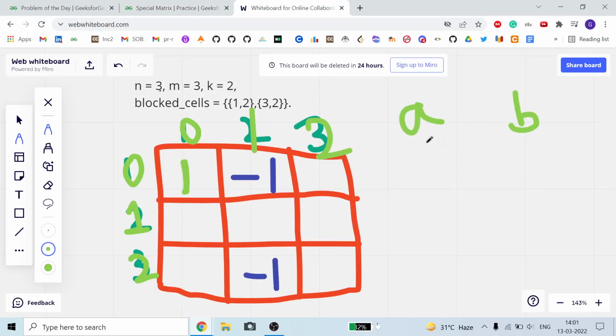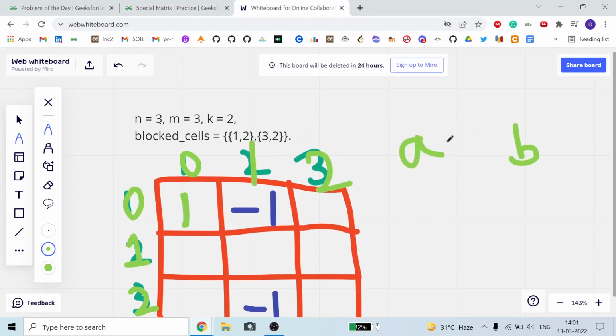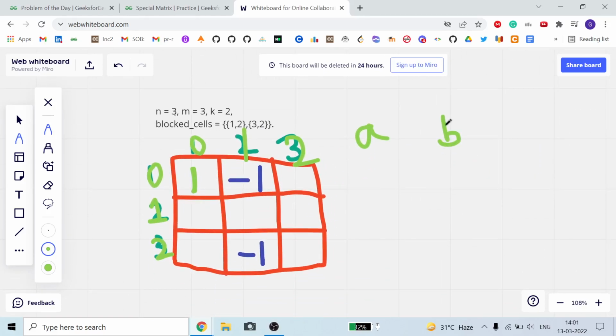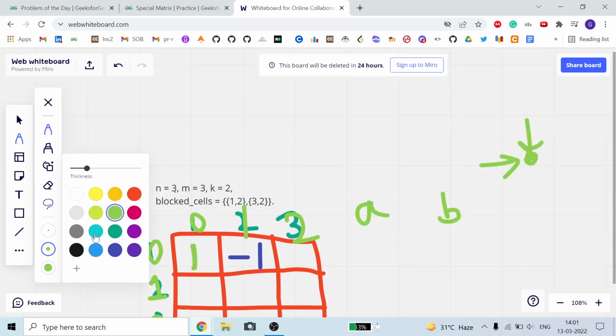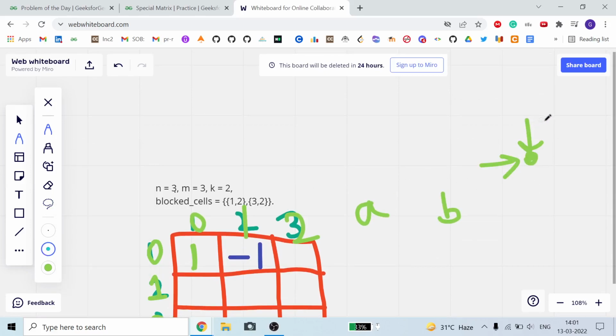Now what is my a? From this particular position, I can come here by this direction and by this direction. I'm changing color so that it will be clearer. Suppose the total number of ways by this direction is a, and by this direction is b.